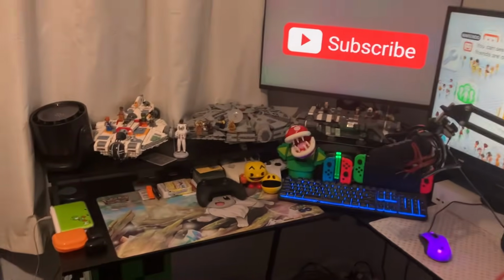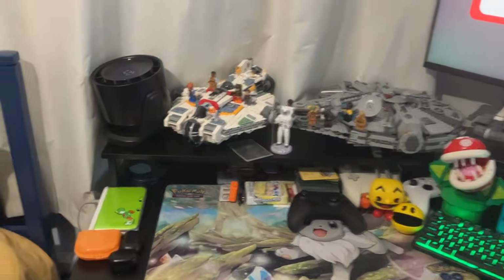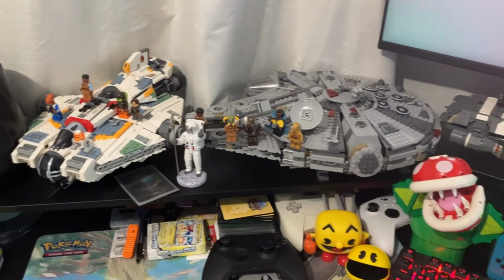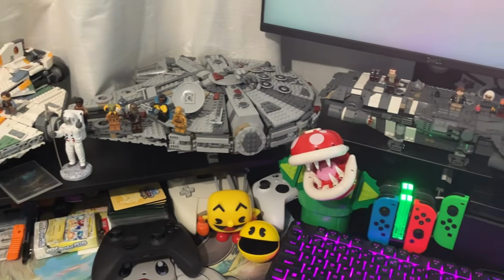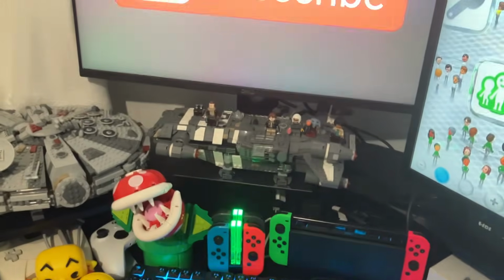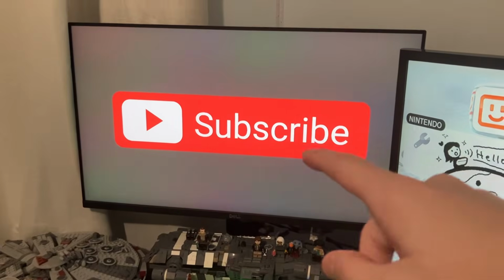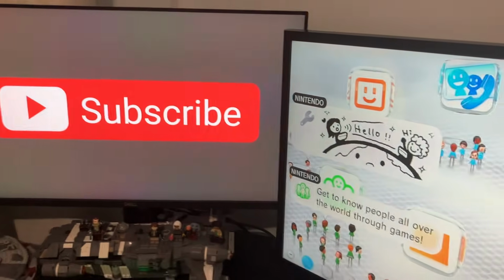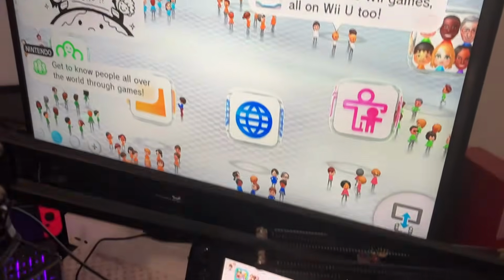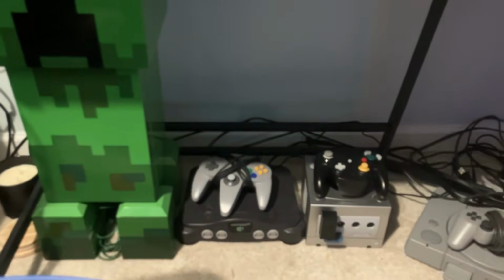As you can see, I have the Wii U plugged up right now, and you can see I have my 3DS down there. And I have a couple Star Wars starships on my desk just as decorative things. Also with the Lego Piranha Plant. I have a Nintendo Switch, an Xbox Series S, a Wii U, and a Wii hooked up on the top of the desk. Down below the desk I have a Creeper mini fridge, and along with that